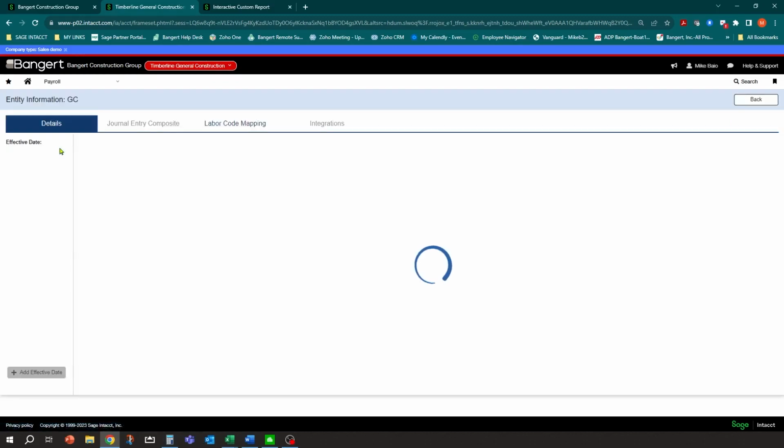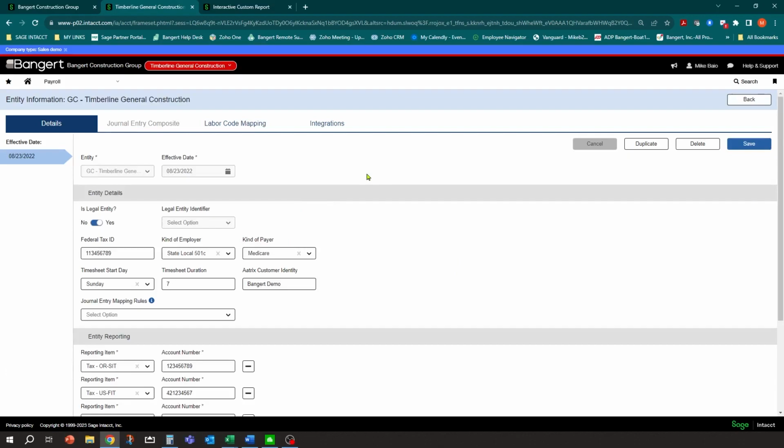So if I click on that, it's going to open up the details. And this is something that you definitely want to check because most likely it's one of the first things you set up in Intacct when you went live with payroll. And sometimes that stuff gets neglected and we'll come back to it later. So you definitely want to get into here and just review, make sure all your information is correct for the